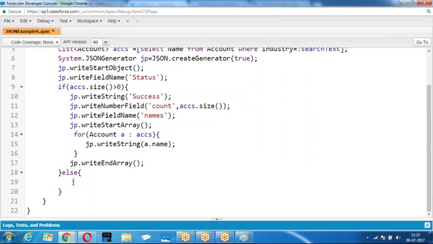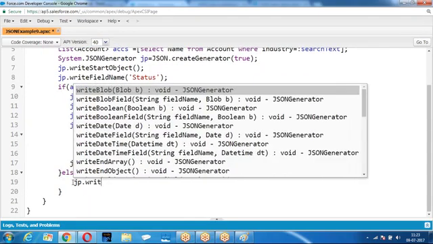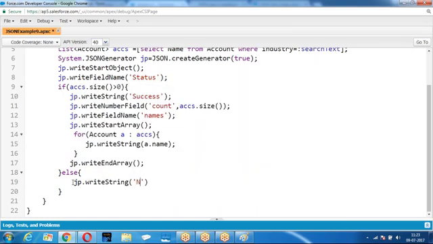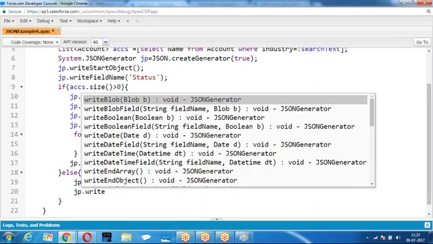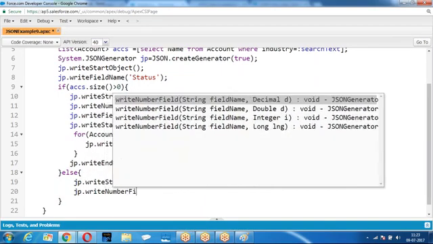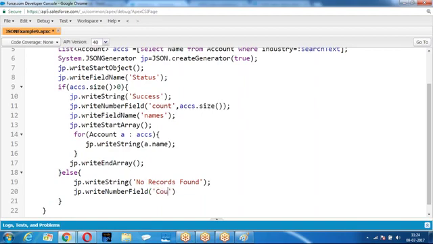If there are no records found, jp.writeString: no records found. Number field count. This is how I created it.